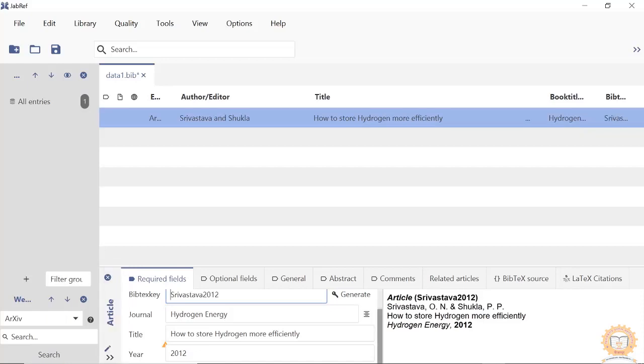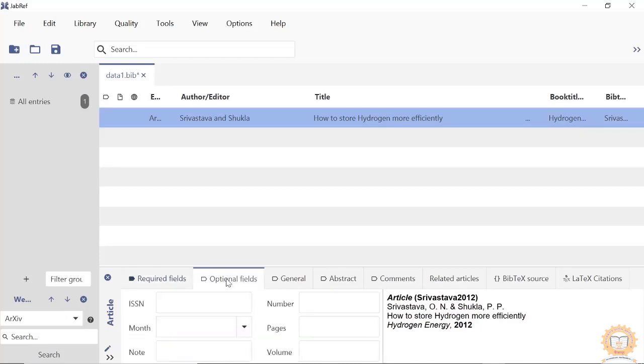Okay, Srivastava automatically came like this. Then there are optional fields. In optional fields, the journal's volume, you know, 23rd volume, number, 4th number, pages, 250 to 256, like this.